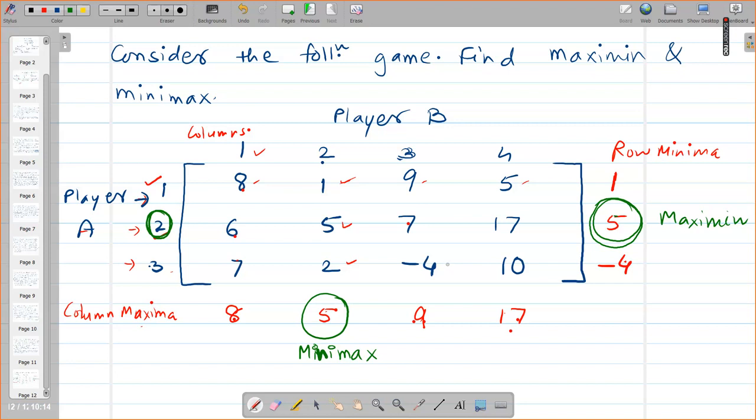This is a pure strategy game. That means I can tell player A and B both by which strategy they should play throughout the game so that their interests are satisfied. Okay. When these numbers are not equal, then you will of course get that inequality satisfied. But here V underscore is equal to V bar, minimax is equal to maximin, and therefore value of the game must be equal to that 5. Okay. Have you written this page?